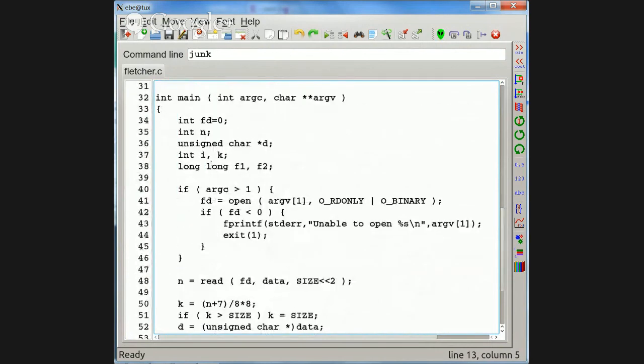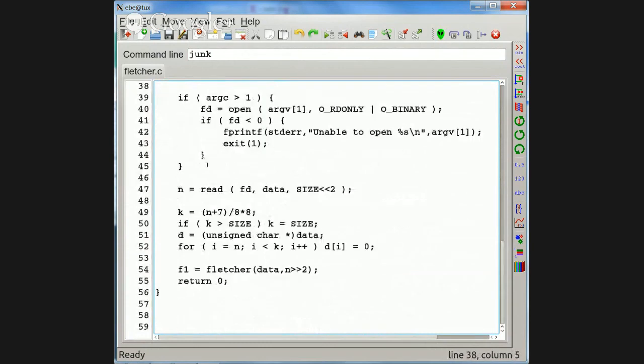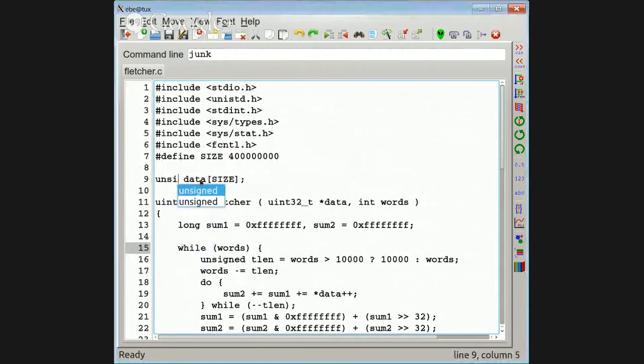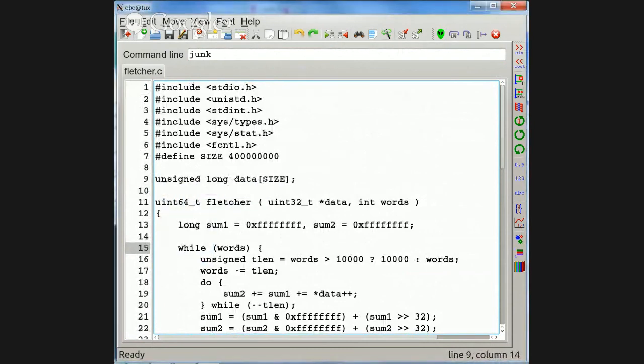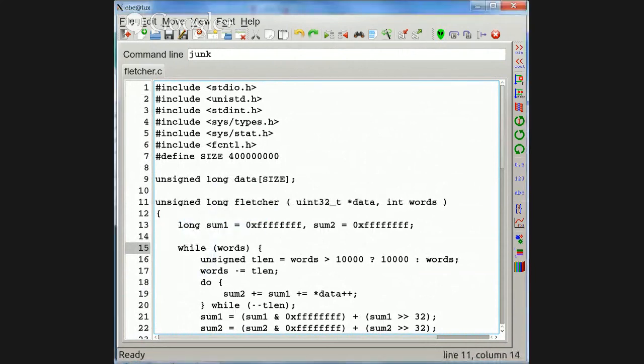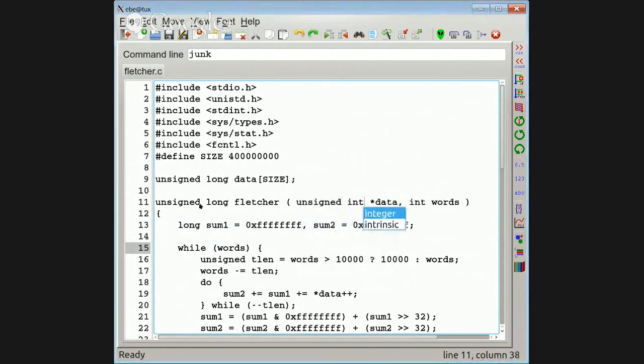So I put long in a few places to make EB happy with it. And under, oh, so data is unsigned int.